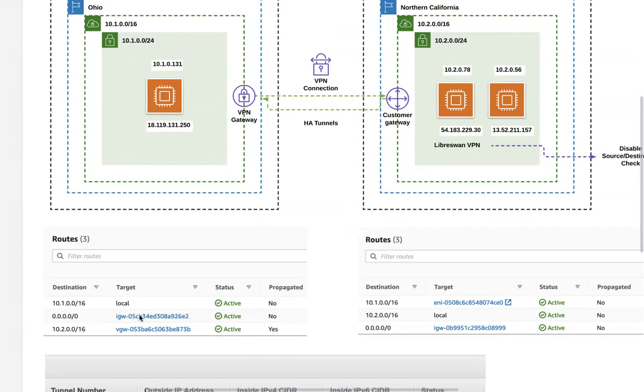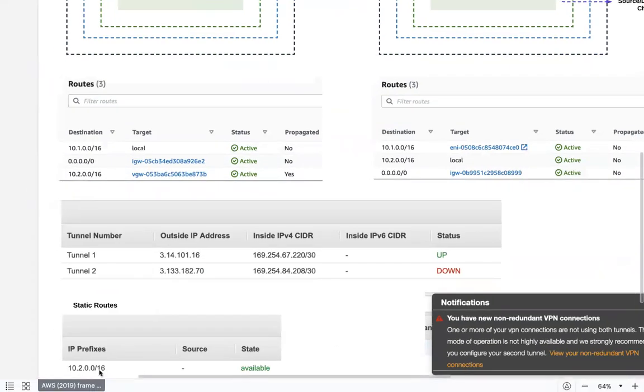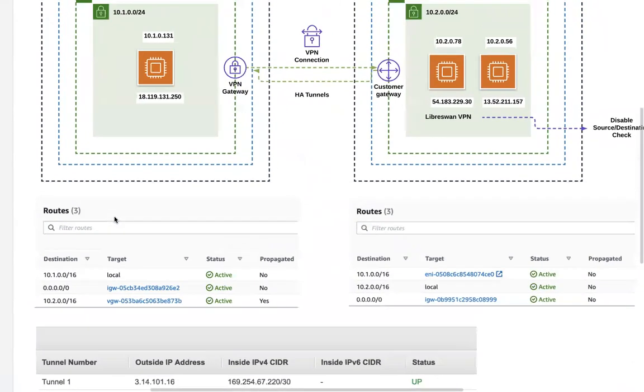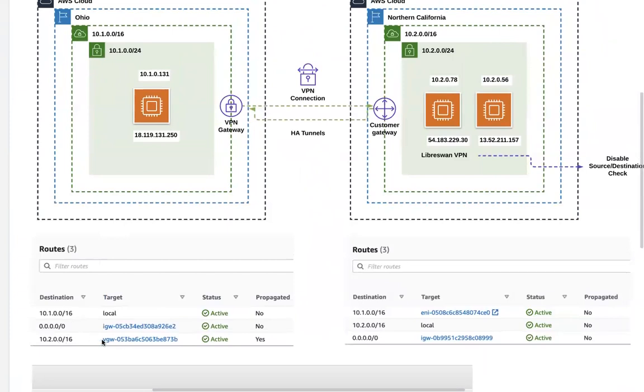But the important route over here is if you have to go through the virtual private gateway through your VPN connection, the VPN connection needs to have a static route, which is something that we already described over here, which is 10.2.0.0/16. But then you need to also add it in the route table to say all of your traffic to the 10.2 network from the 10.1 network should go through your virtual private gateway. And once you give this, it is automatically added as a propagated route. So in that way, now the AWS network has enough intelligence to send the traffic through the virtual private gateway.